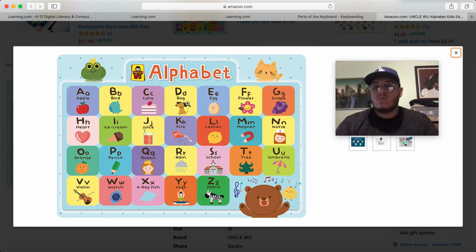If we're not too sure what the letter D sounds like, let's look at the picture. What's that a picture of? Everybody knows what that is. That's a picture of a dog. So what does the letter D sound like? If we know that that's a dog, then we know what the letter D sounds like, because that's the first sound you hear when you say the word dog. You have the